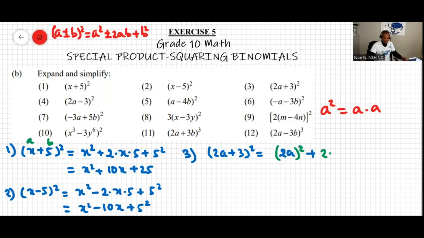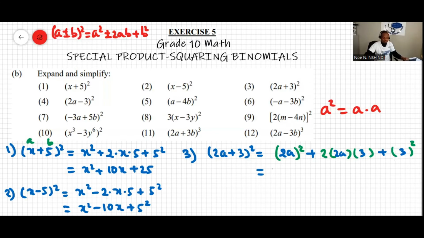Okay, so it's like 2a, b, and then b squared there. So a is 2a, b is 3, plus the last term, b is also 3, raised to the power of 2 there. That's how it is: a squared plus 2ab plus b squared. Now this can be simplified to,